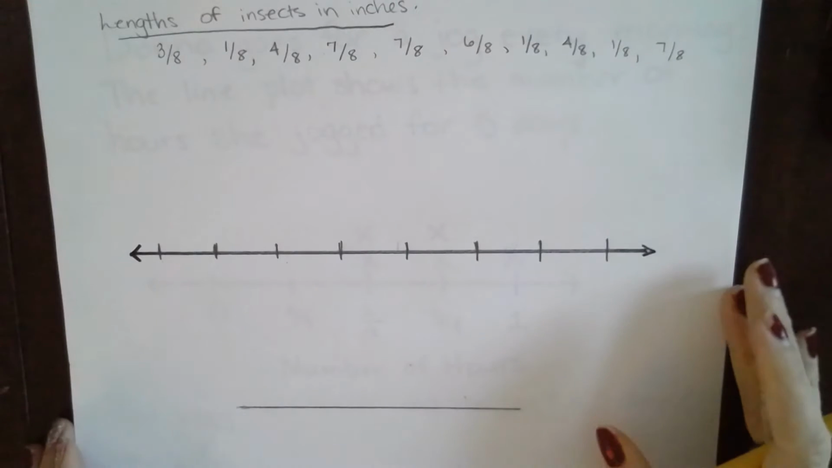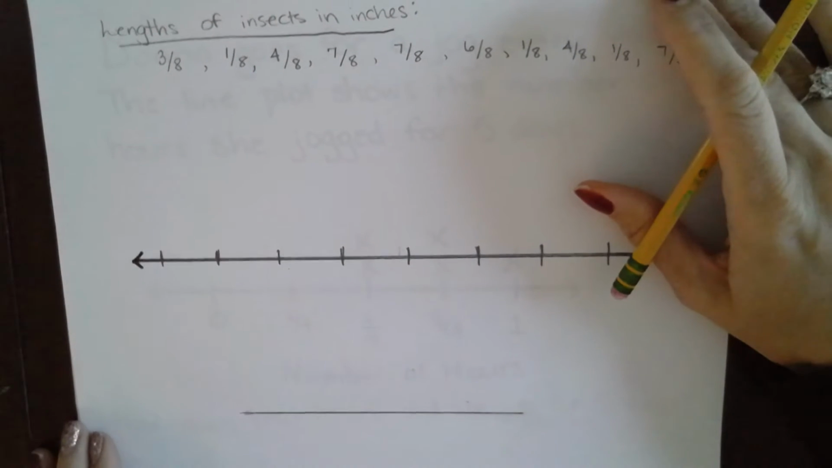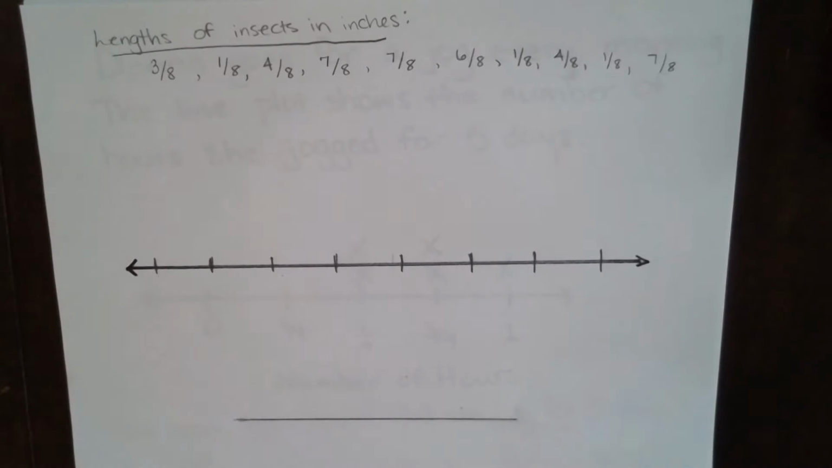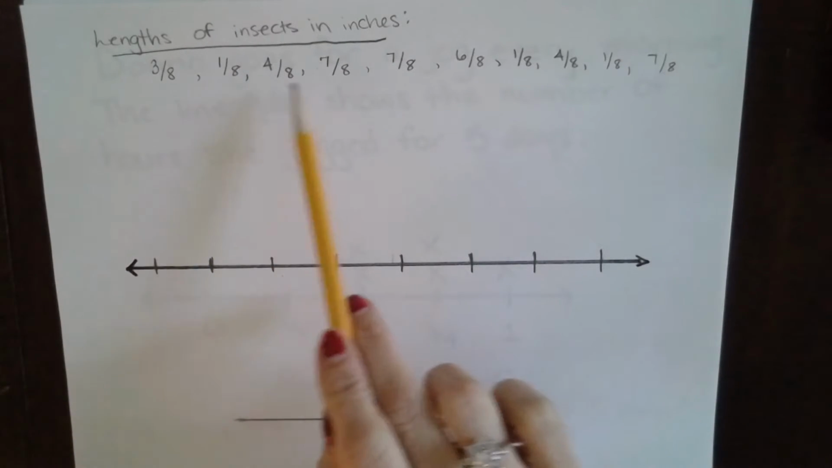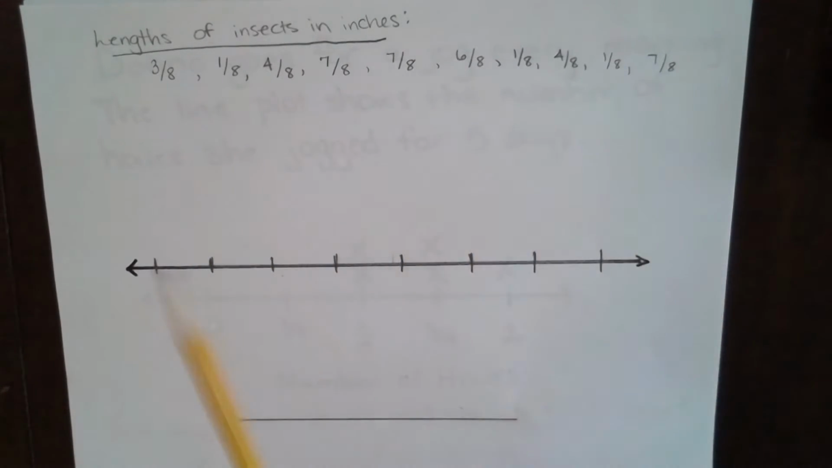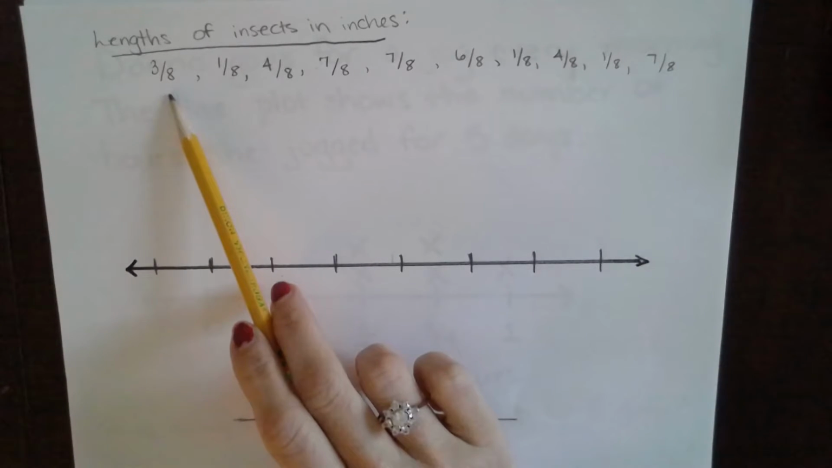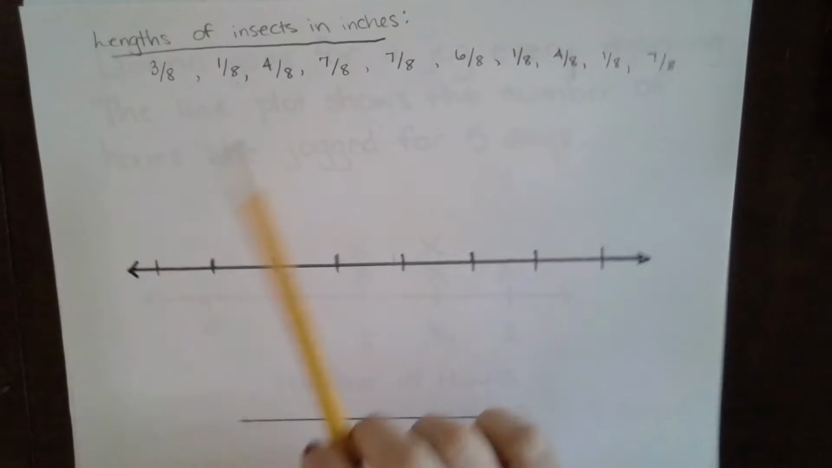So let's pretend that in a science class, you were asked to measure 10 different insects in inches and find out their different lengths. So if we listed those different lengths above here, you'll see that they are all less than an inch. So they're fractional pieces of an inch, 3/8 of an inch, 1/8 of an inch, 4/8